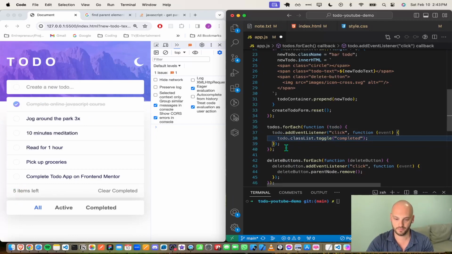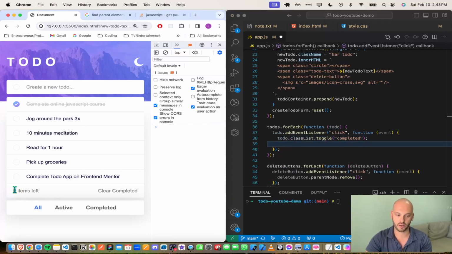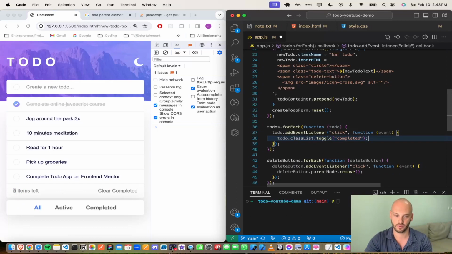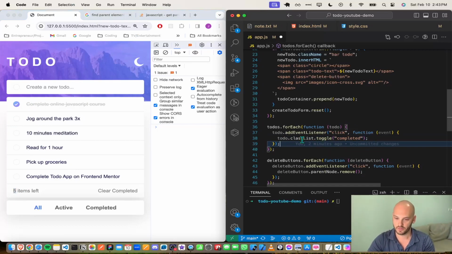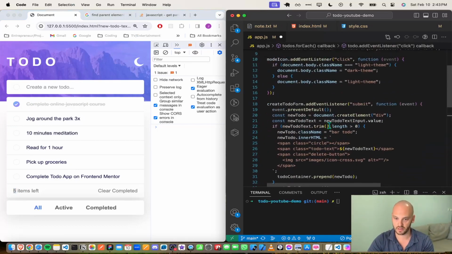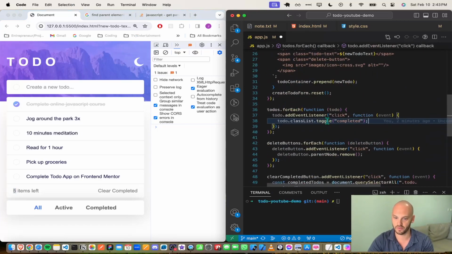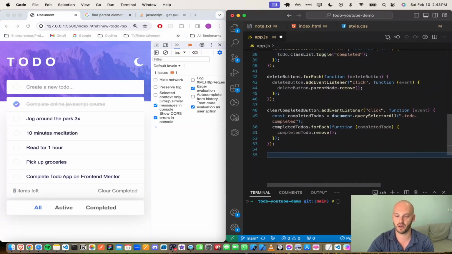Actually, how do we determine this number in general, right? The number here is basically all of the to-dos that do not have the class completed, right? So basically, we don't have anything storing this number 5 anywhere, right? So we're going to have to determine it with JavaScript. And I'll probably put this into a function in some fashion, but I'm just writing this out as I think. So we're going to have to do